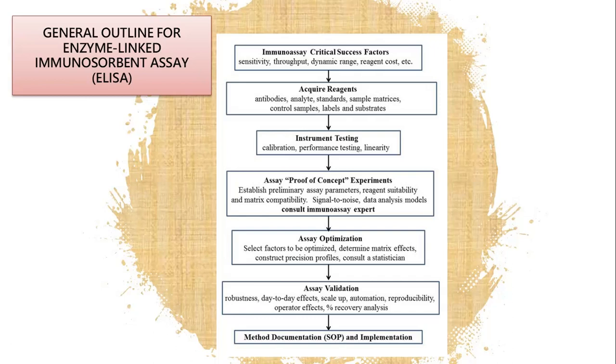General outline for enzyme-linked immunosorbent assay or ELISA. Number 1, immunoassay critical success factors such as sensitivity, throughput, dynamic range, reagent cost, etc. Number 2, the acquired reagents are antibodies, analyte, standards, sample matrices, control samples, labels, and substrates. Number 3, instrument testings are calibration,